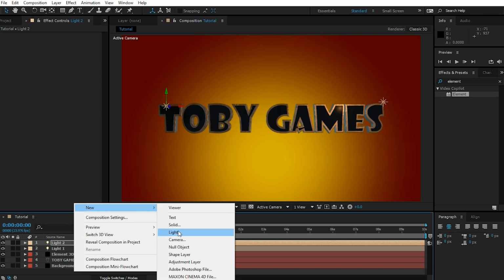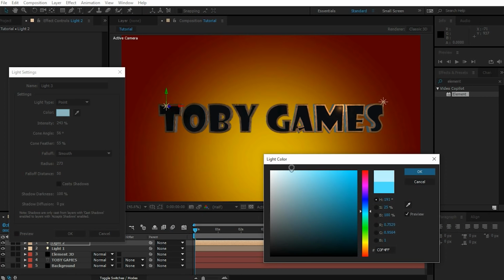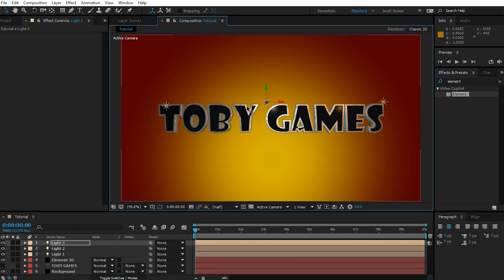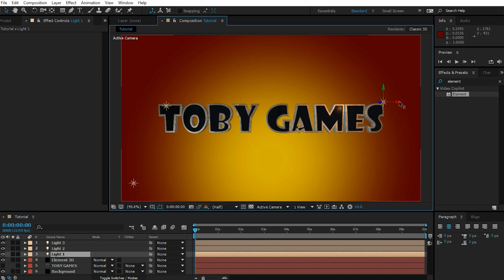And then you may create another light. Let's make this one fairly white, maybe with a bit of a reddish tint. Hit OK. And let's move this over to the left side. And you're free to create whatever lights you need to light your scene the way you want. However, if you're feeling a little bit lazy and you don't want to go through the hassle of setting up all of your own lights,